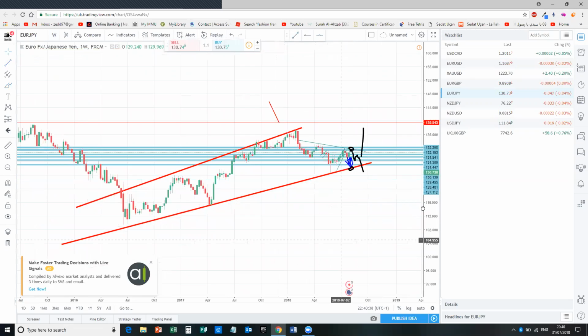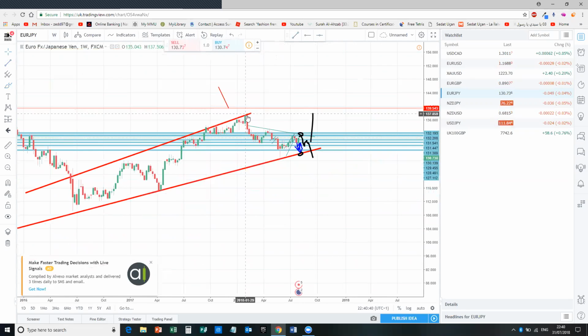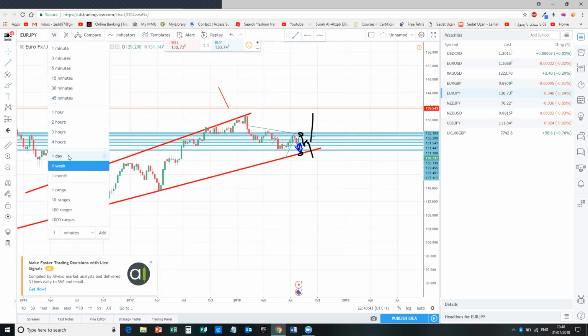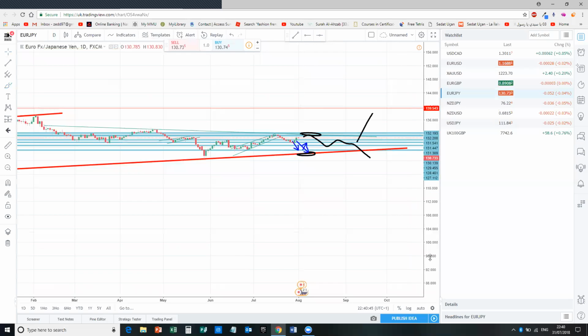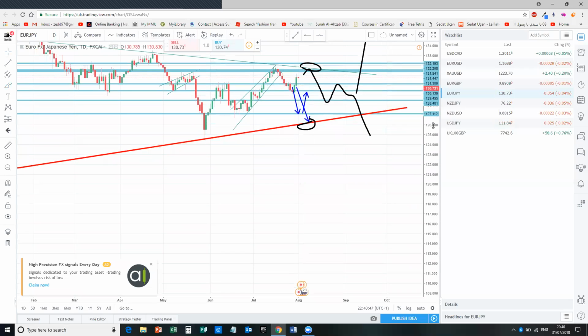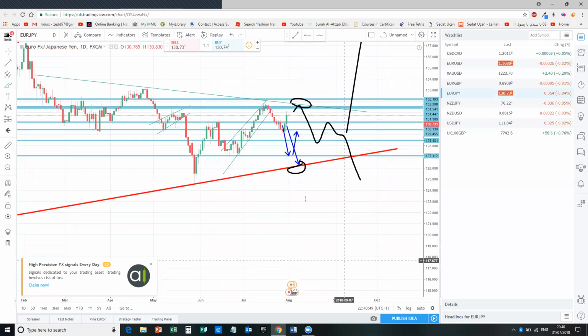Me personally, I'm expecting a daily. Yeah, I'm happy with that. I'm just going to remain patient. So if it goes to the bottom, I'll be looking for a buy. If it goes to the top of this channel, maybe in a day or two, then I'll be looking for